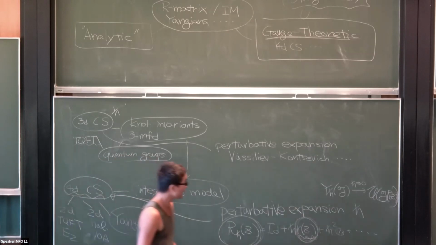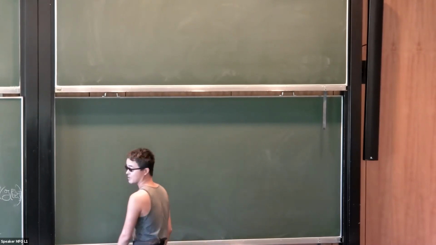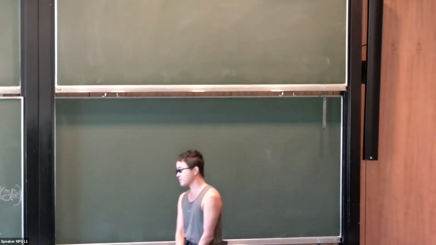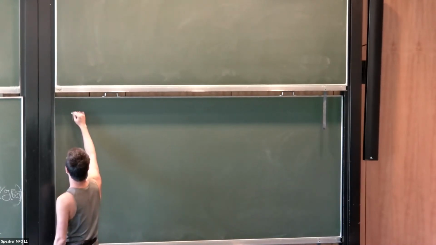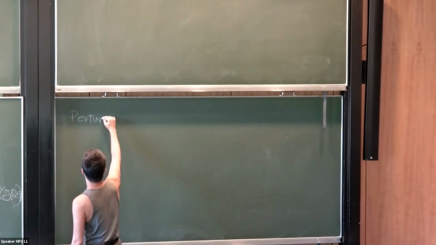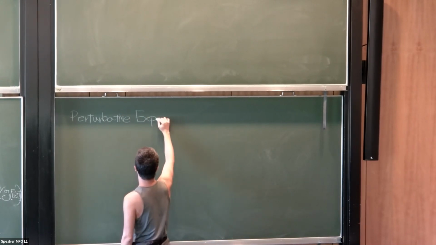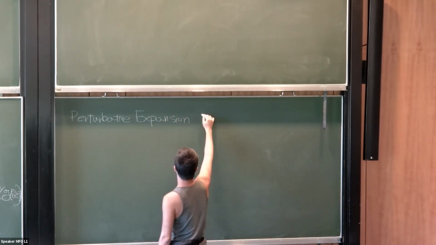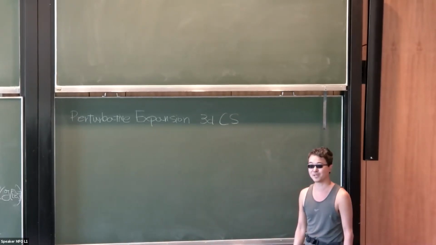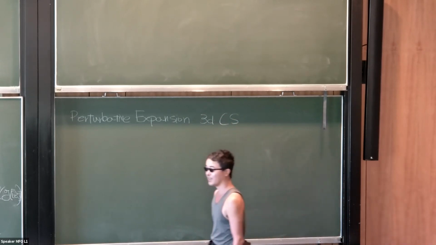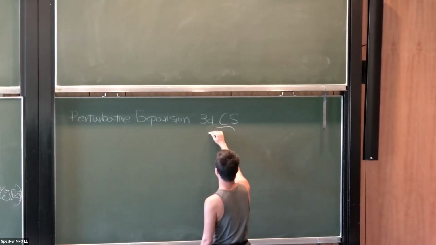Okay, then let's come to this blackboard and start discussing the perturbative expansion. I want to do a perturbative expansion of quantum field theory, the Feynman diagram, in the 3D Chern-Simons theory. Now, 3D Chern-Simons theory itself is already a kind of complicated theory to explain the basic idea, so what physicists usually do is try to simplify it. The way I simplify it is to go to the abelian gauge group, so the gauge group is U(1).